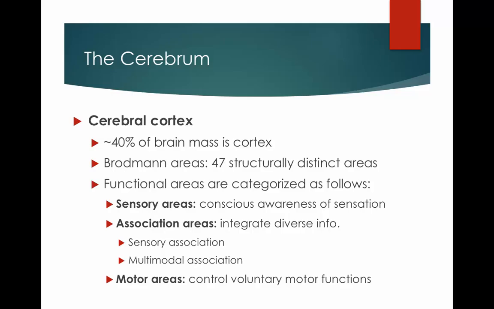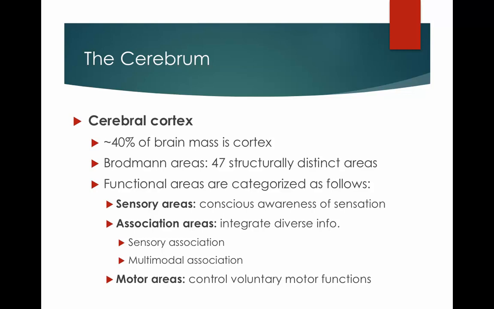Good morning, all. We're going to pick up where we left off, which was talking about the cerebrum, and more specifically, the cerebral cortex. I think the most important thing to keep in mind when talking about the cortex is that this is gray matter, so predominantly interneurons, cell bodies, their dendrites with their unmyelinated axons. And the cerebral cortex is actually made up of billions of these interneurons and makes up about 40% of